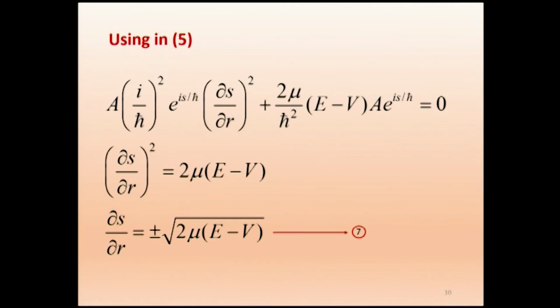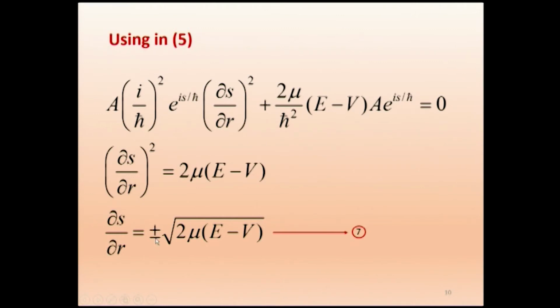And here you remember this part, i squared, so you will get a negative sign. That is why you get this. It is only mathematics, we are only rewriting, certain things will get cancelled and we are getting this. So this you can always follow. Now dou s by dou r squared equals 2 mu (E minus V). Now what is dou s by dou r? That will be the square root of this one, and when you take the square root, it can have both plus and minus.